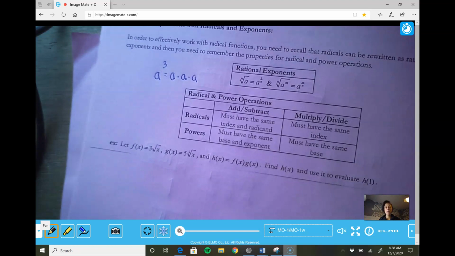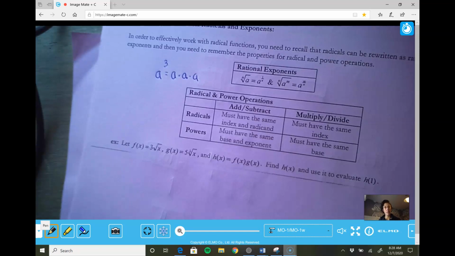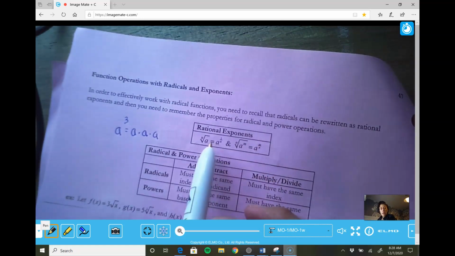Okay, so going back to this section, we are talking about rational exponents. They are just exponents that are fractions, because fractions are something that we can turn into a decimal, and hopefully there's some type of pattern to it, it ends, etc. So the main two things to understand here is that you have a rational exponent, you can rewrite it as